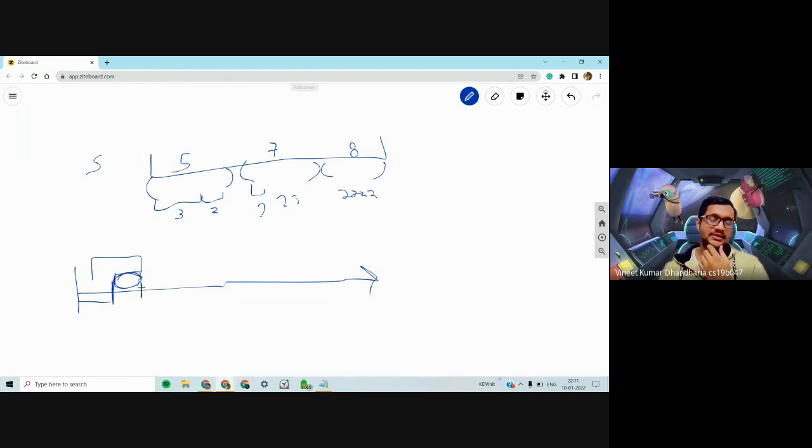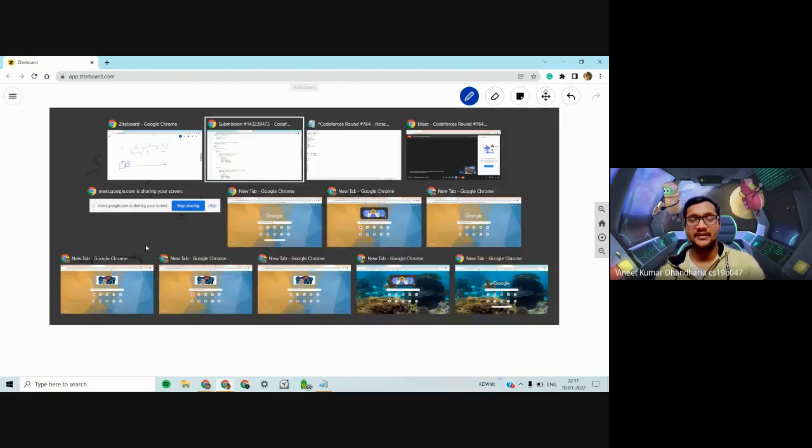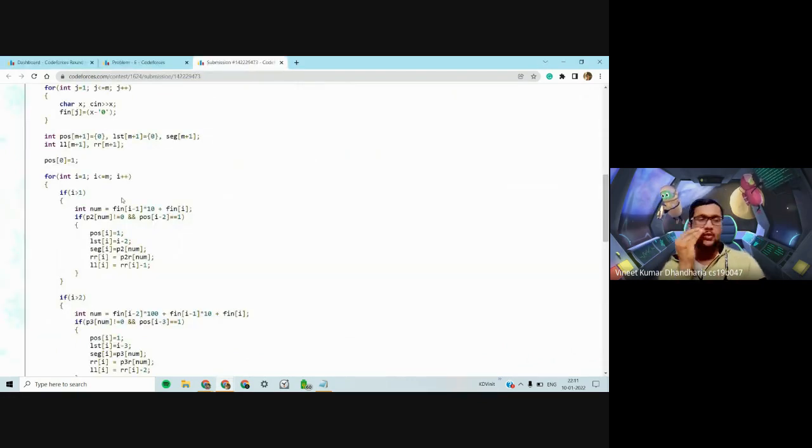Then we can mark this as true. Or the 3-length subsegment is possible from the previous strings, and you can make the number up to here. If either of them is true, you can make this position, and using that you can go from 1 to m. Position of m would be 1 if you can make the new phone number, else you cannot.